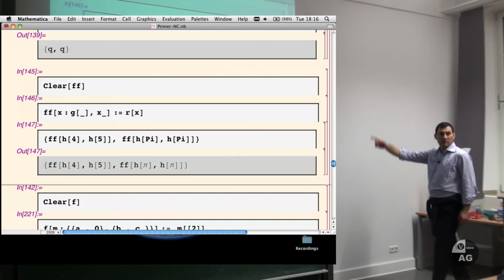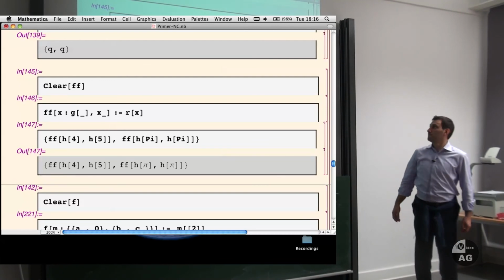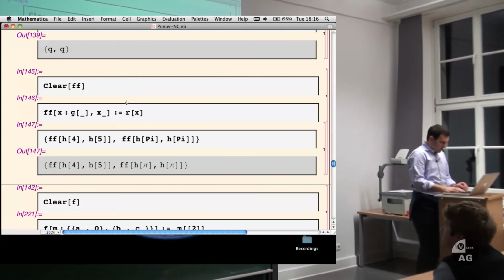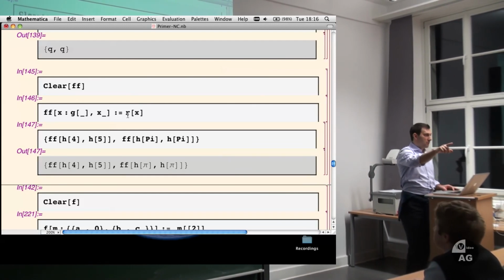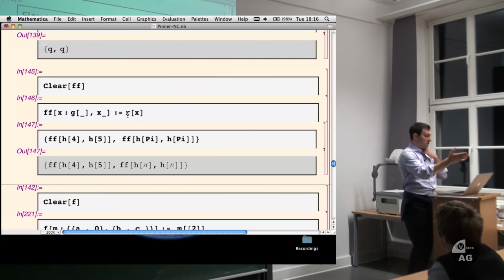Okay. This is unevaluated. Yes. What happens if we reverse the order of the parameters? That's also a good point. So, wait one minute. Let me answer your question first. Since you wanted h to be a function,